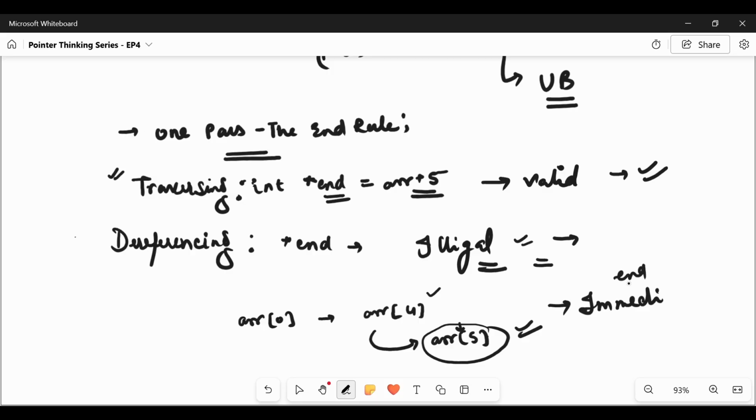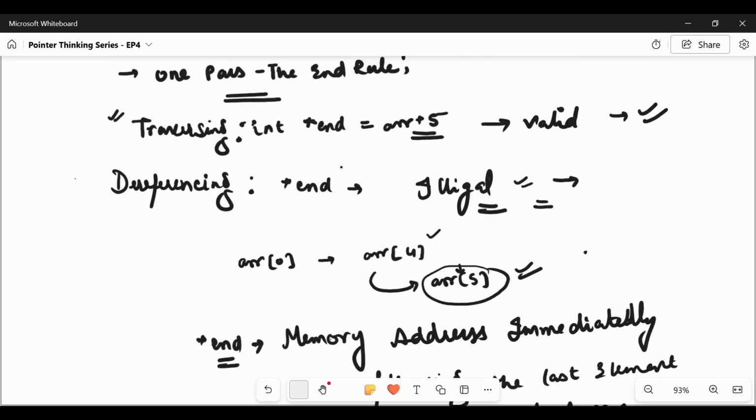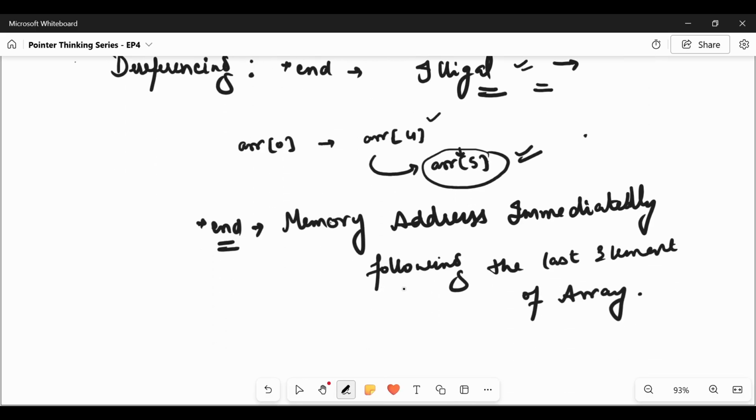So when I say the end pointer, this pointer represents a memory address. This end, which is a pointer to integer data type, means that it is pointing to the memory address immediately following the last element of an array.